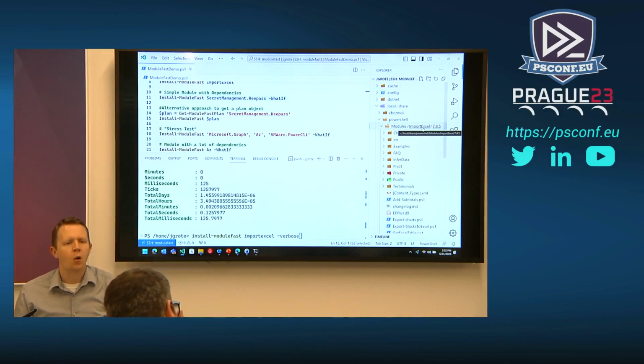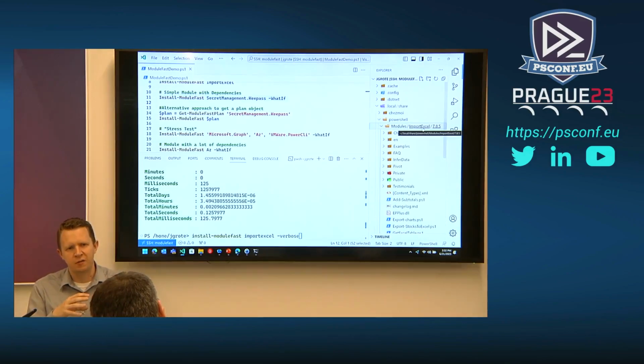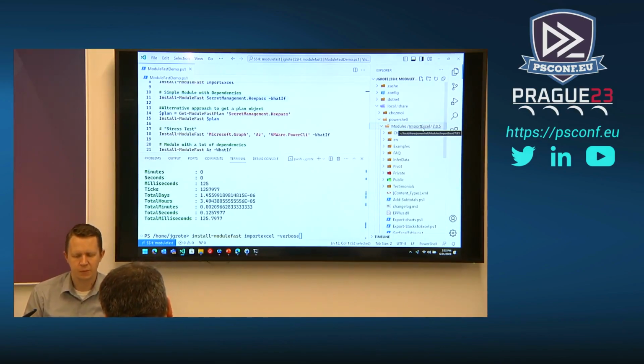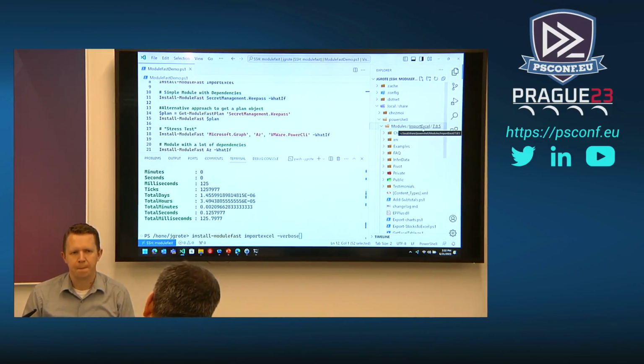No. Oh, are you asking how long does ModuleFast live? No, so you said you expanded the module path on Windows with the local app data stuff. Is this a permanent action, or is it only